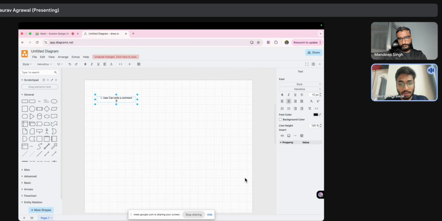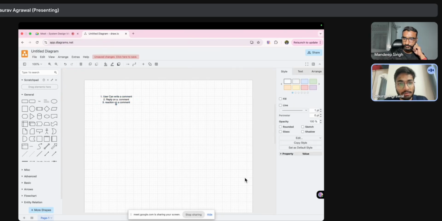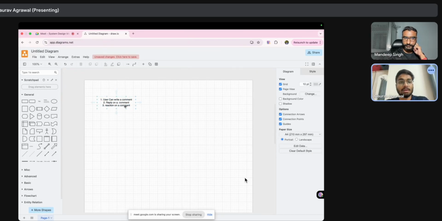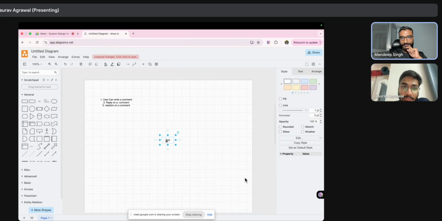Then second, I would like to consider a reply on a comment, and third, a reaction on a comment. These three things would be a big part of the comment feature. Does it look fine to you, or do I need to add some more functionalities that you can think of? No, for a comment system, this is a good starting point.